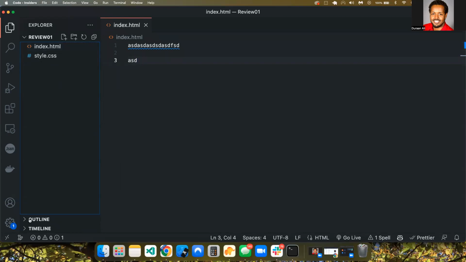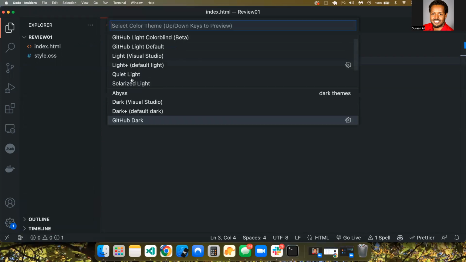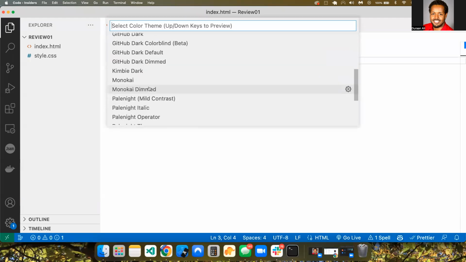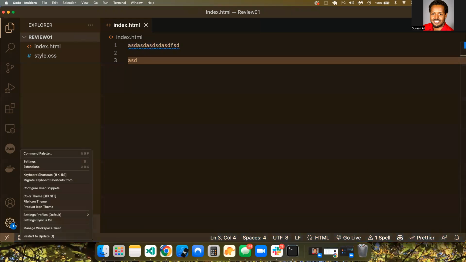Another thing is you could change your theme. Usually if you're a developer, always have a darker color because it's good for your eyes, but you could always change your colors here. You could have a brighter one, which I'm sorry, it's gonna look really bright. And then you could have other ones too. There's different colors and stuff. So yeah, whatever fits your